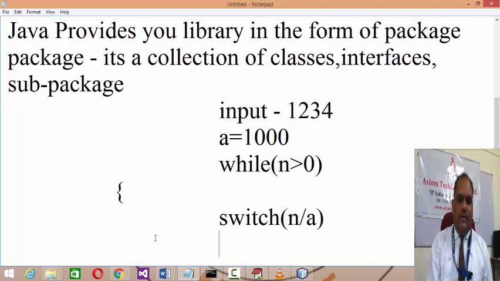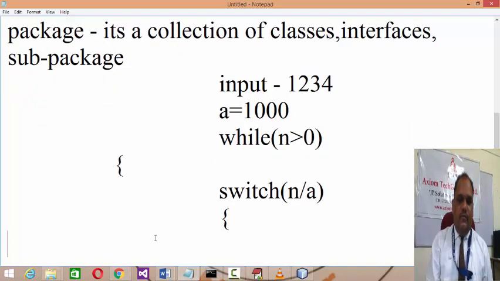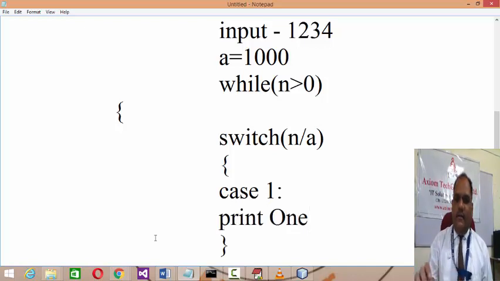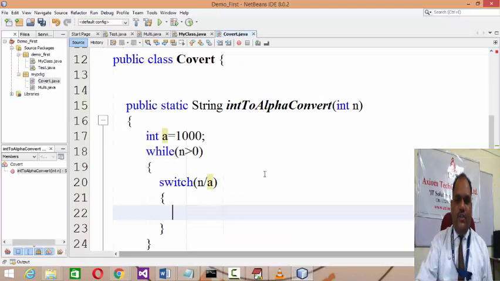Now we know that 1234 by 1000 will give me a quotient of 1, because both are integer type data. So once I switch 1, I need to write all the cases, like case 1, then you need to print 1, in this manner. So back to the NetBeans.